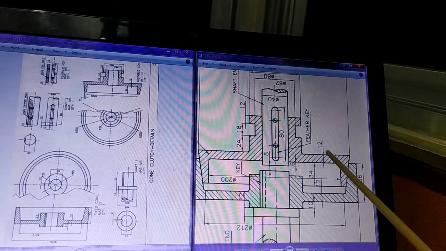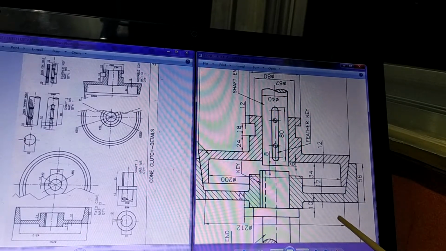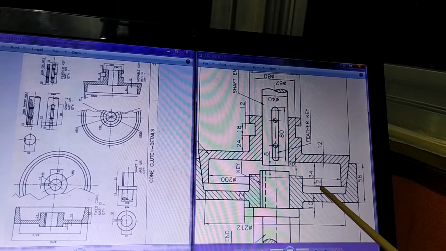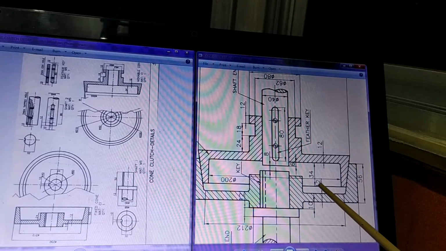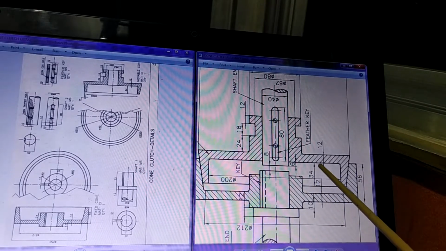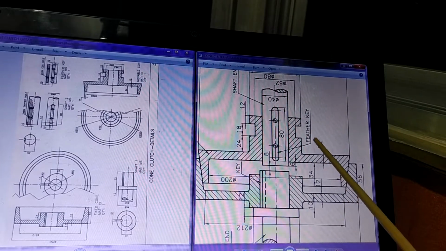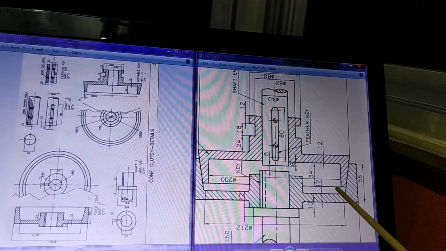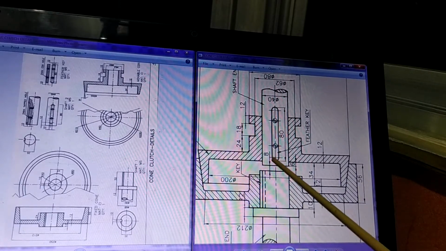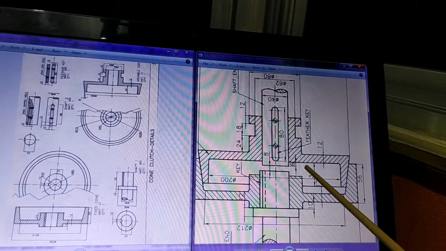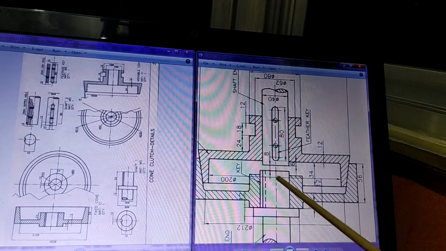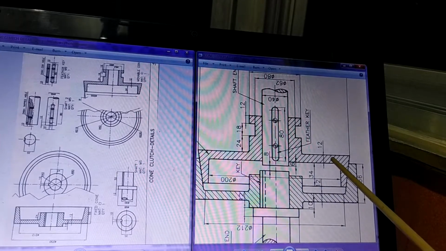The reason is that when somebody is referring to an assembly drawing, the person is not interested in the individual dimensions. Remember, from the industry point of view, from the actual engineering point of view, these dimensions are of no use for the assembly person. These dimensions are useful for the one who is manufacturing the part. For the person who is handling the assembly, what is important is what is this part, which is this part, which is this part. So the number of the part is important.